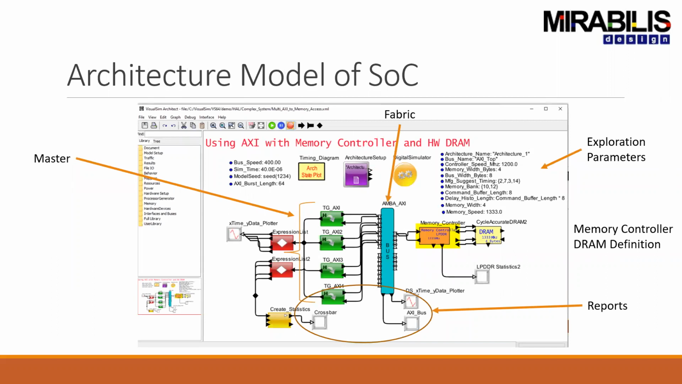Now, when I look at an architecture model that incorporates the memory controller, as I mentioned, there are multiple things to consider. Of course, you have the masters, you have the